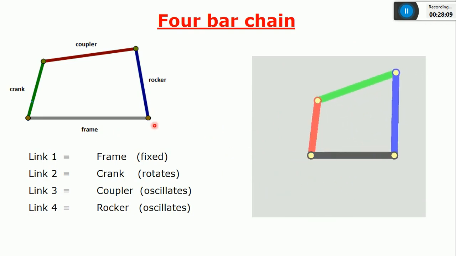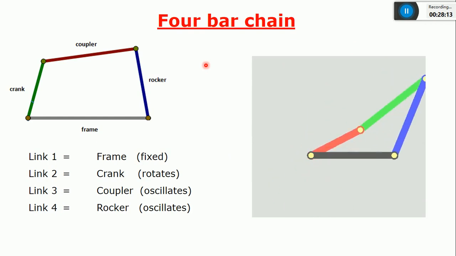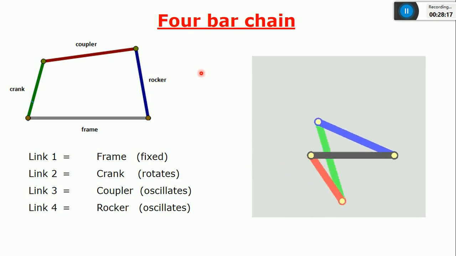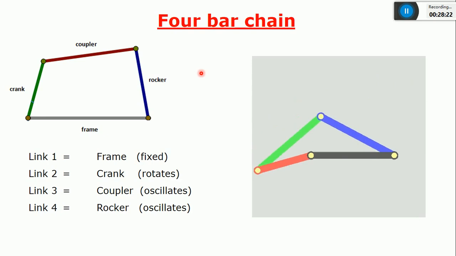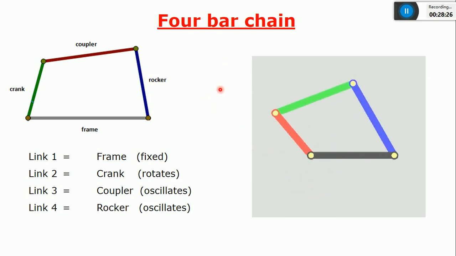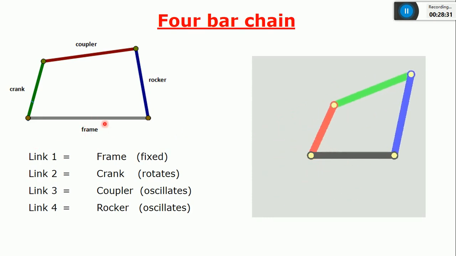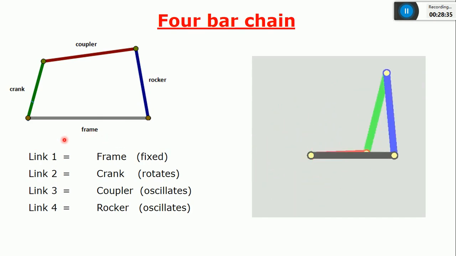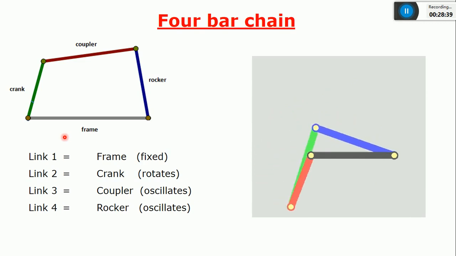Now I'll consider the inversions of a 4-bar chain. I already listed them down. First one is the coupling rod of a locomotive. Then Watt's straight line indicator motion mechanism. Then one more is the beam engine. Those are the 3 inversions of a 4-bar chain for your syllabus. In all the 3 inversions, the frame is fixed. Based on the applications where you are using those inversions, I can call them the beam engine, coupling rod of locomotive, and Watt's straight line indicator mechanism.